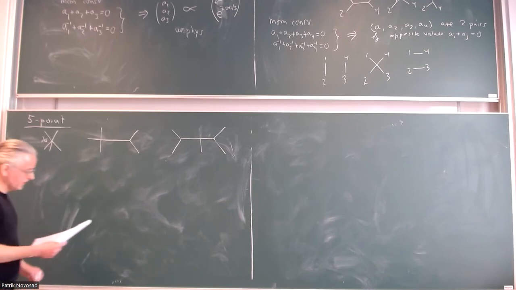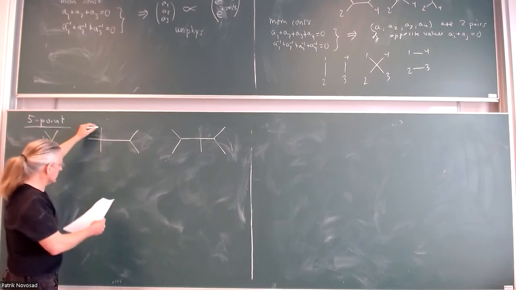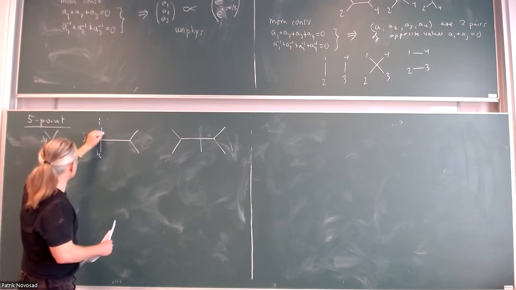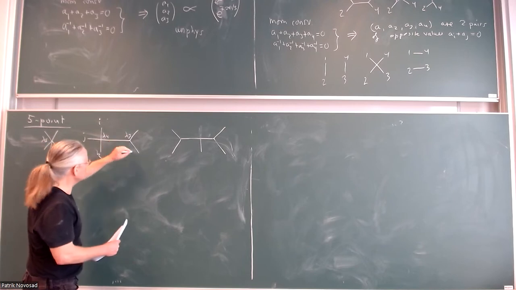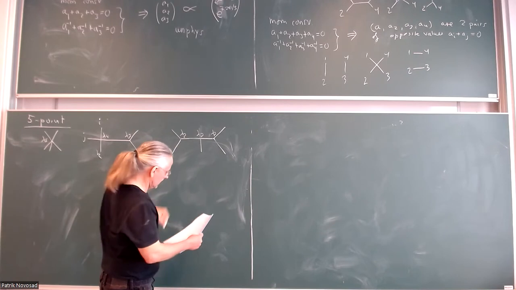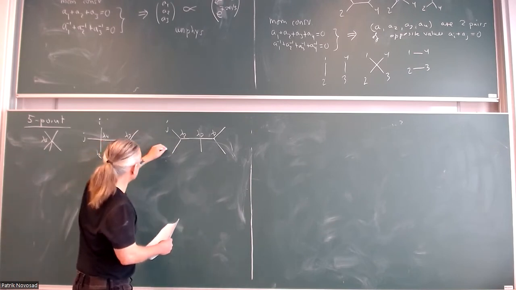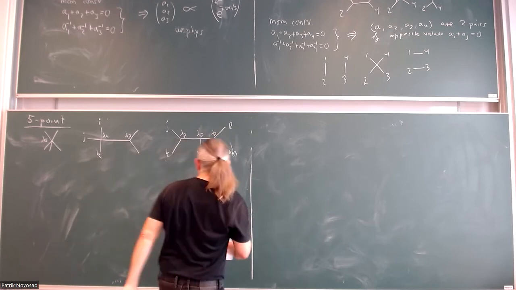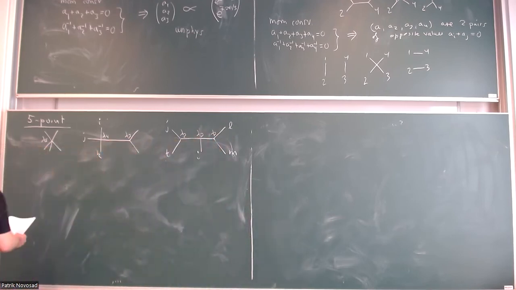And let me also put some labels. So let me call this I, J, K. So there's a lambda 4 here. There's a lambda 3 here, a lambda 3 here, lambda 3, lambda 3. J, K, I, L, M. Like that. Okay, so I claim that if you write down A5, at least in principle, it will be